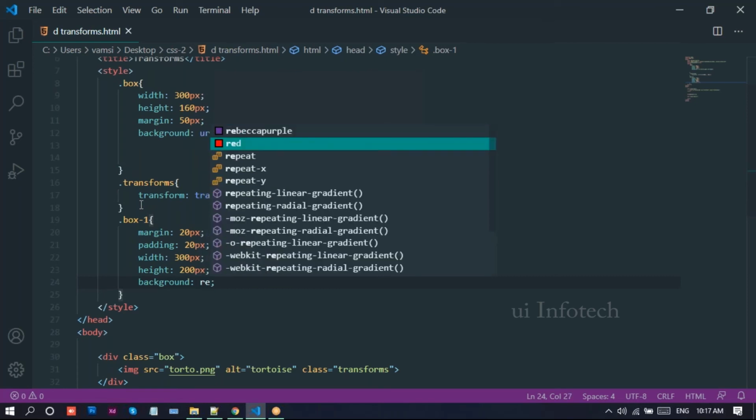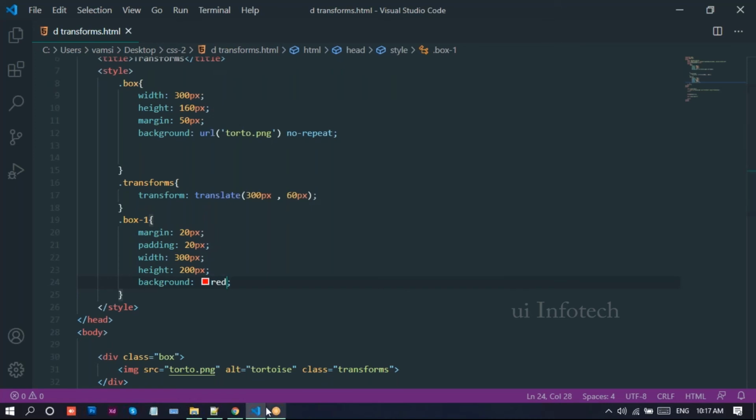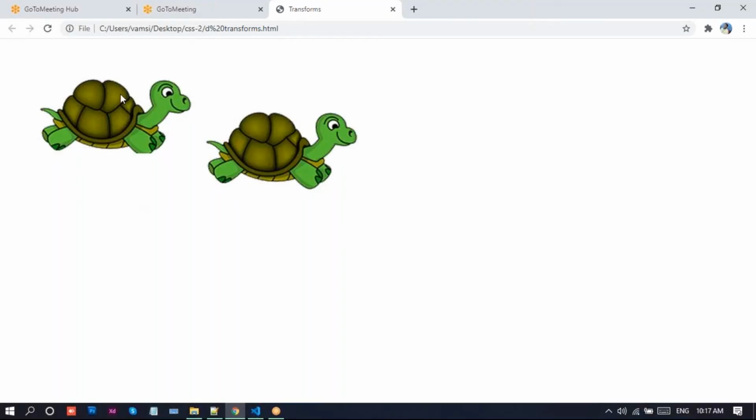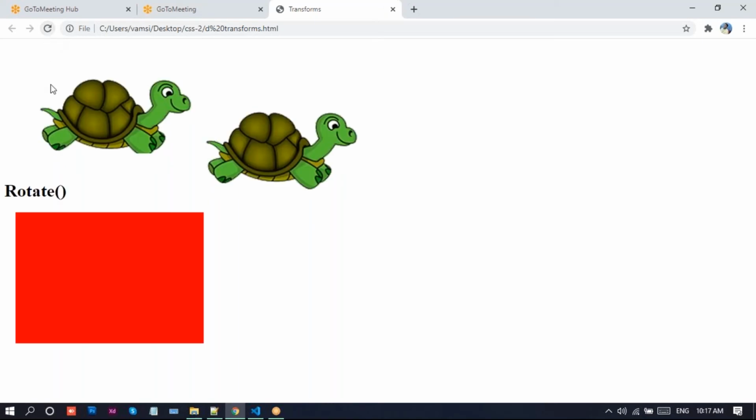Here you can write anything you want. I can write white color.